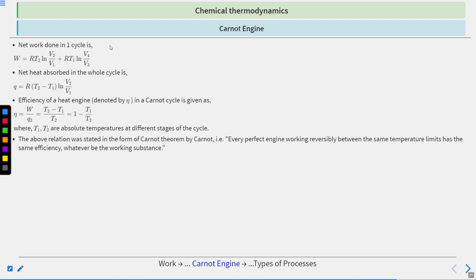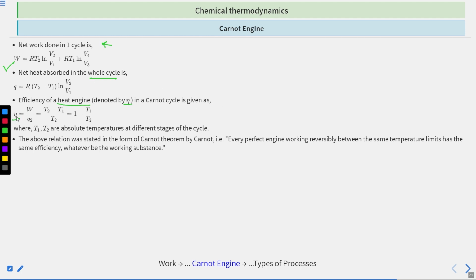Net work done in one cycle is given by W = RT2 ln(V2/V1) + RT1 ln(V4/V3). Net heat absorbed in the whole cycle is Q = R(T2 − T1) ln(V2/V1). Efficiency of a heat engine in a Carnot cycle is denoted by this symbol,